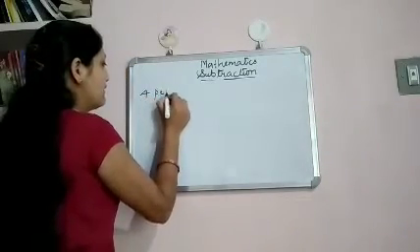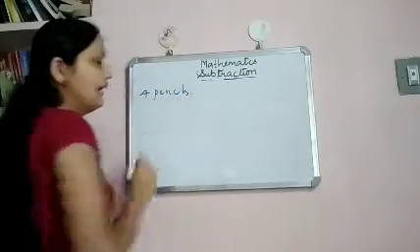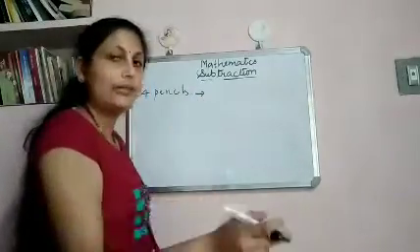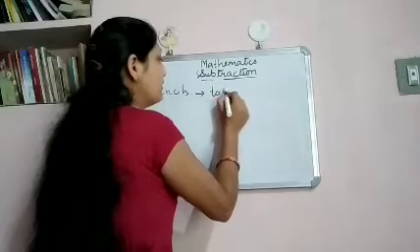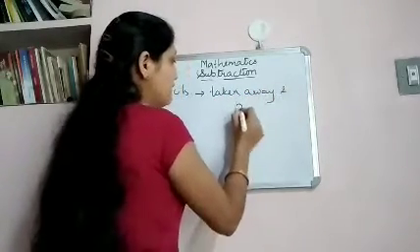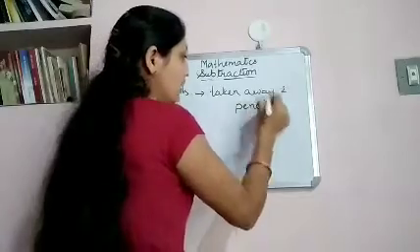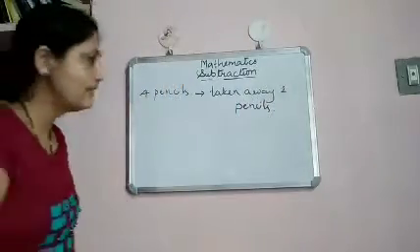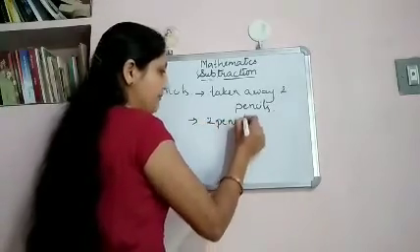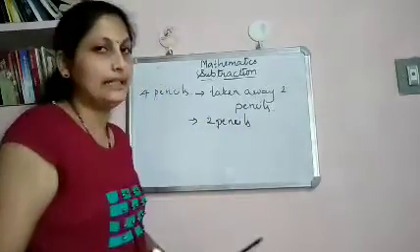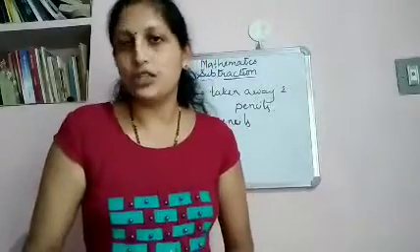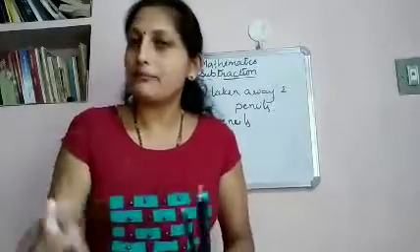So, there were 4 pencils earlier. And from out of 4 pencils, I have taken away how many pencils? Taken away 2 pencils, isn't it? I have taken away 2 pencils, and how many left? 2 pencils are left, isn't it? This is called as subtraction. Okay, this is called as subtraction.